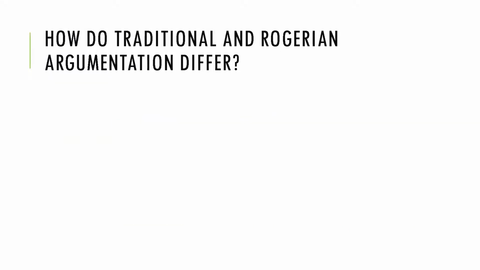So again, how about the traditional argumentation style? That's probably what you're used to, especially in writing academic essays. You state your thesis, make your argument up front, and spend the rest of the essay defending it. Maybe you acknowledge a counter argument at the end, or maybe not, and that's it. So again, let's try to understand more specifically the difference between that argumentation style and Rogerian.